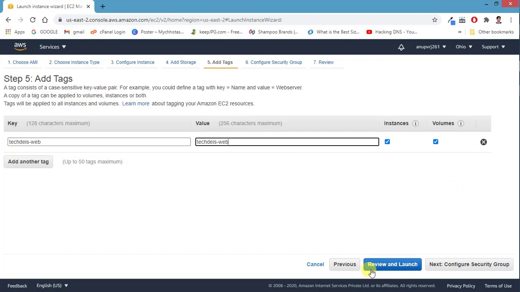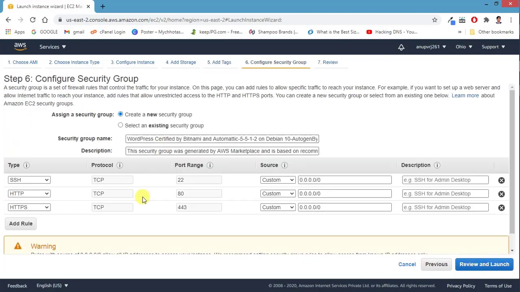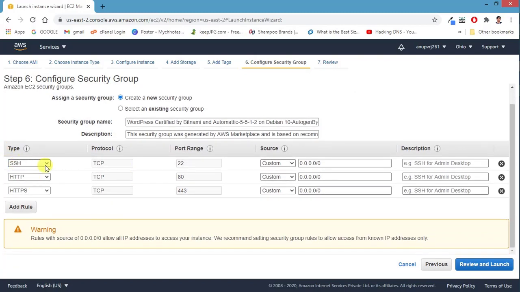So I'm doing this, and then after this we have to configure the security group. Okay, so this is SSH and HTTPS. If you're not configuring this, there may be a problem for you. So you follow this step and you make sure you are configuring this option, the security group option. So it's giving assign a security group.